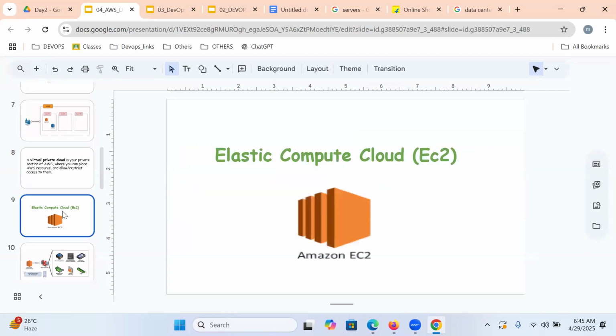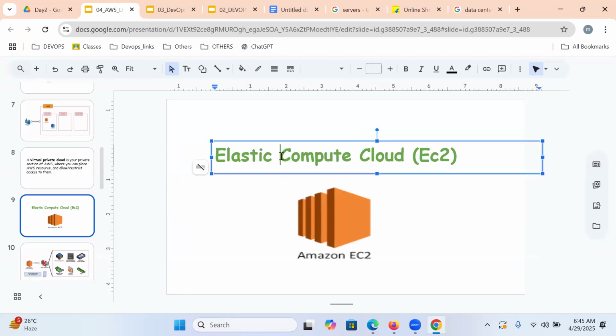But what is EC2? EC2 is nothing but Elastic Compute Cloud. Tell me, what is compute? Can anybody guess? Compute means RAM, CPU, the i3, i5, i7 processor we have in a laptop.